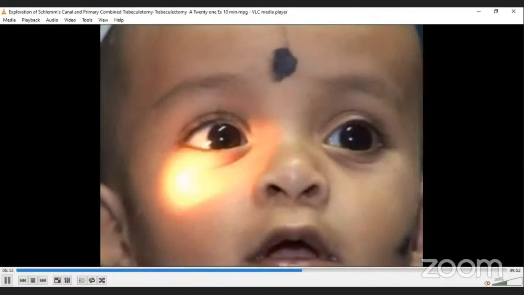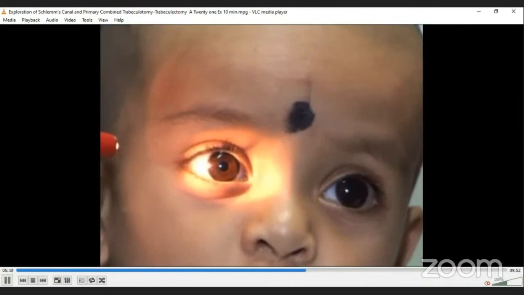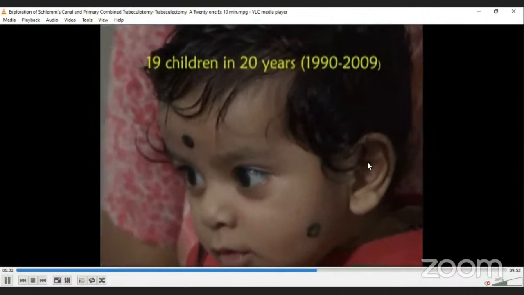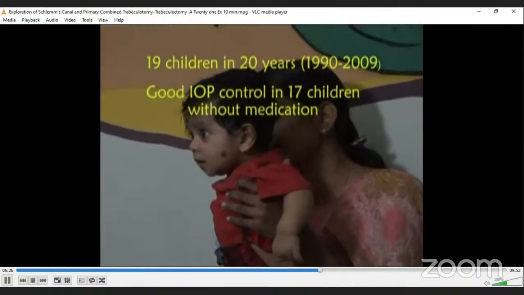Cornea, left eye was the involved eye, cornea is totally clear. The right eye was not involved. Primary combined trabeculotomy is very safe and effective in the management of congenital, infantile, and juvenile onset developmental glaucoma. And at this point, I just wanted to present the